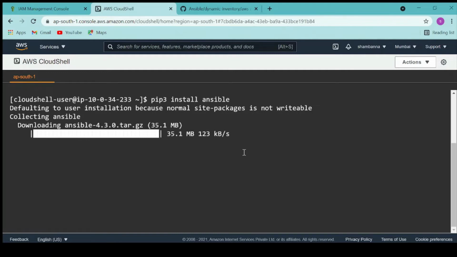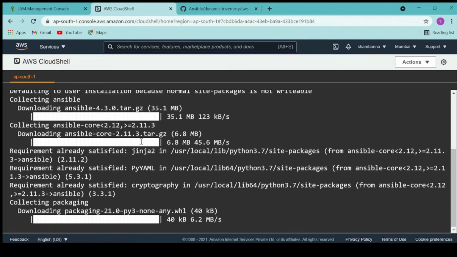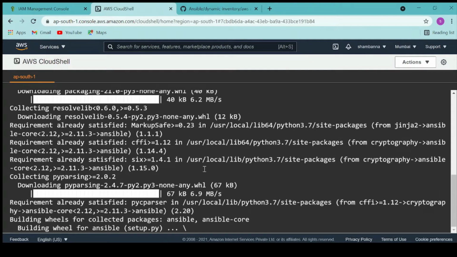If you use yum, you can do that, but unfortunately this repo has been disabled in the console, so we cannot install with yum, but we can use pip to install this. So it is installing.